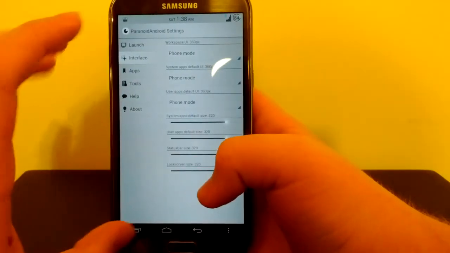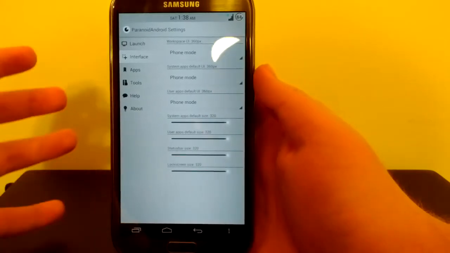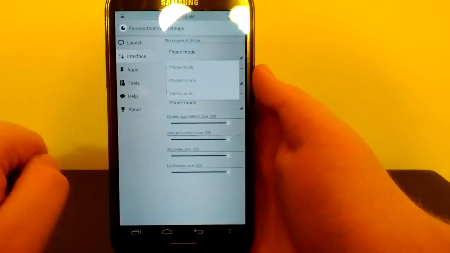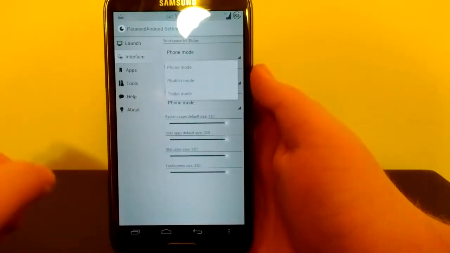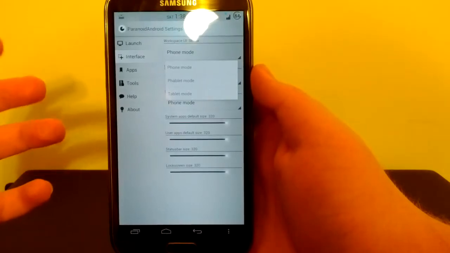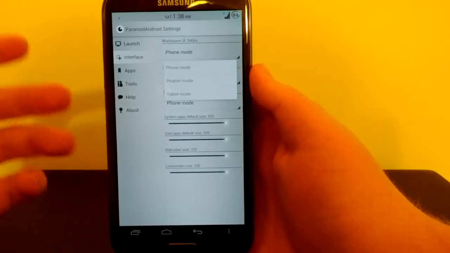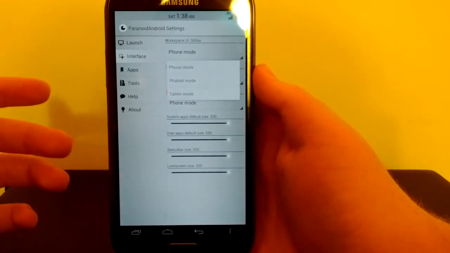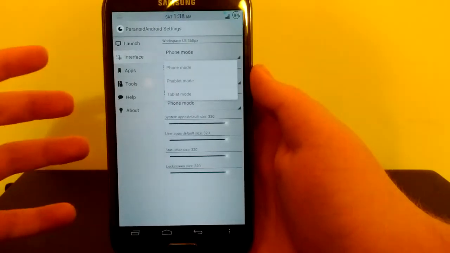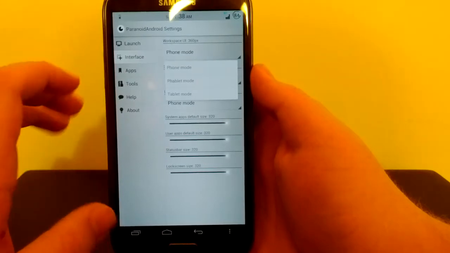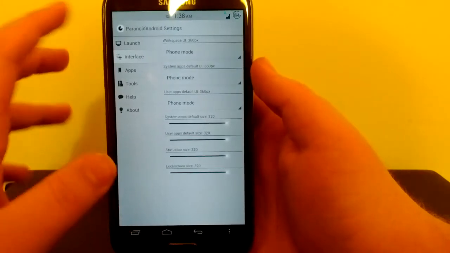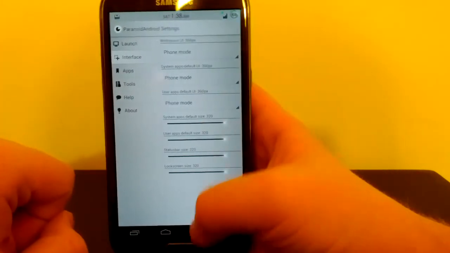So if you want the entire phone, all your apps and everything in tablet UI, what you're going to want to do is tap that and just choose tablet UI. I mean, pretty neat feature. You don't have to set custom apps for each one. You can just have everything set right here. And you can have the phablet UI, which is a pretty nice setting, but I just prefer the phone UI